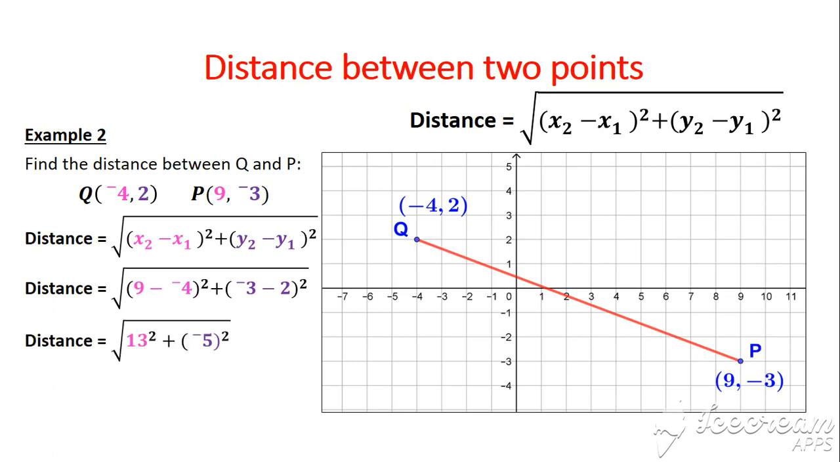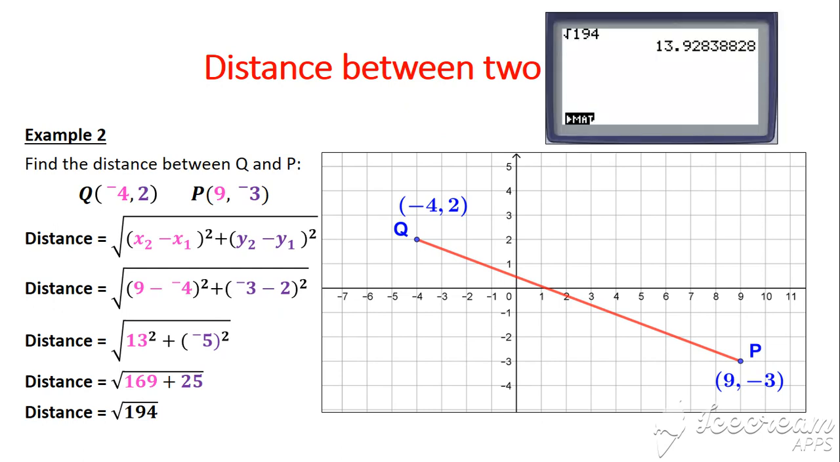Right, now this is a little tricky, but 9 minus negative 4 is the same as going 9 plus 4, because 2 negatives make a positive, and we get 13. And negative 3 minus 2 is negative 5. So we have 13 squared plus negative 5 squared. Now 13 squared is 169, 13 times 13 is 169, and negative 5 squared is negative 5 times negative 5, which is 25. So 169 plus 25 gives us 194, and we'll take the square root of 194 to give us an answer of